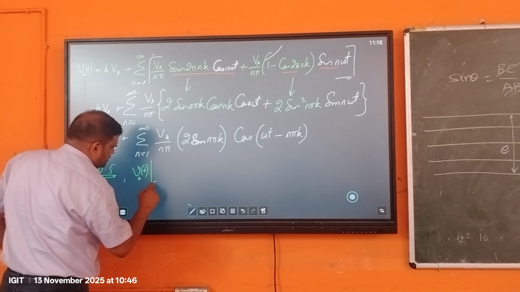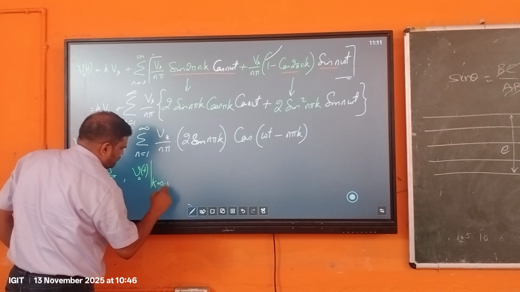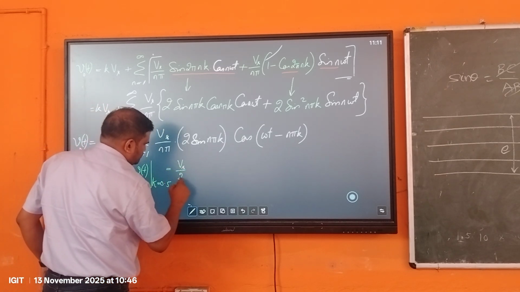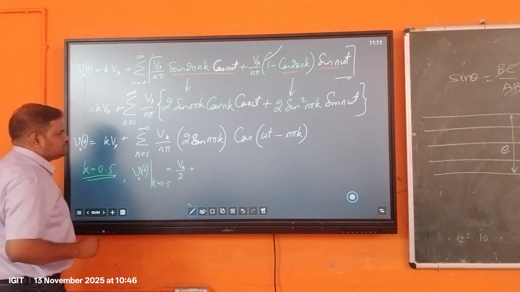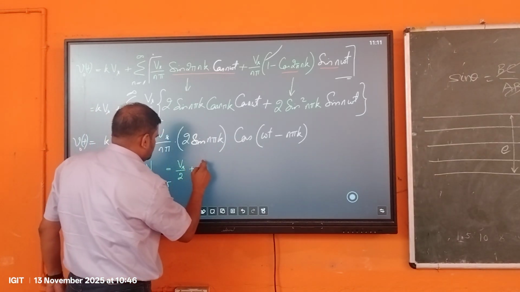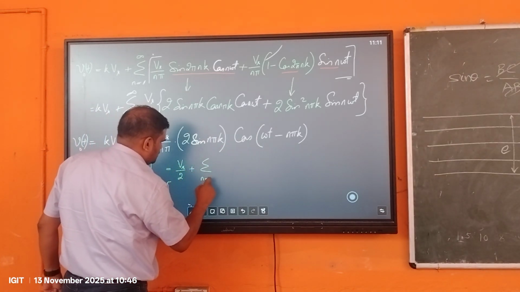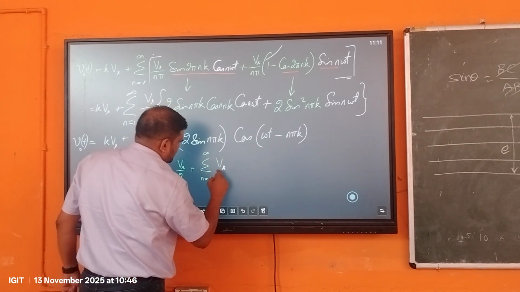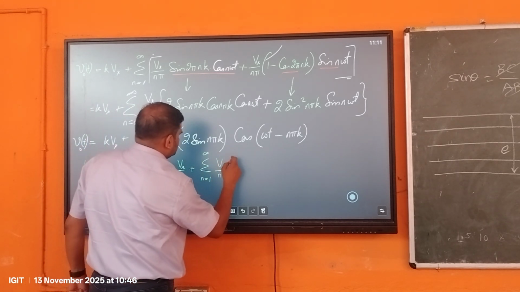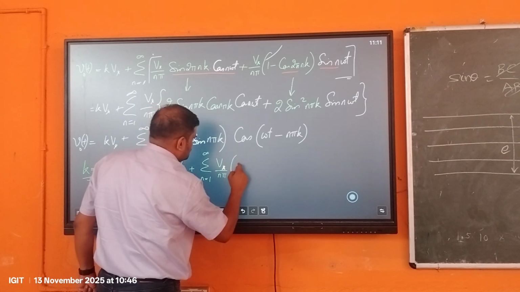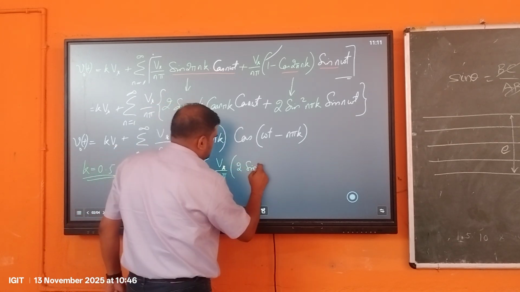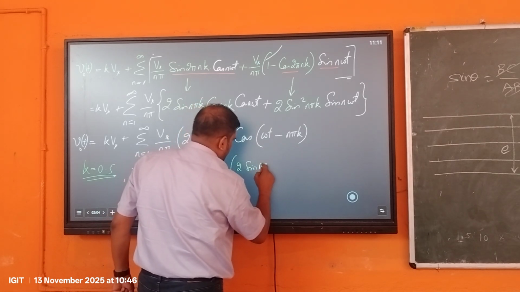V0t when k is equal to 0.5 is equal to Vs by 2 plus the summation of n equal to 1 to infinity of Vs by n pi times 2 sine of n pi by 2